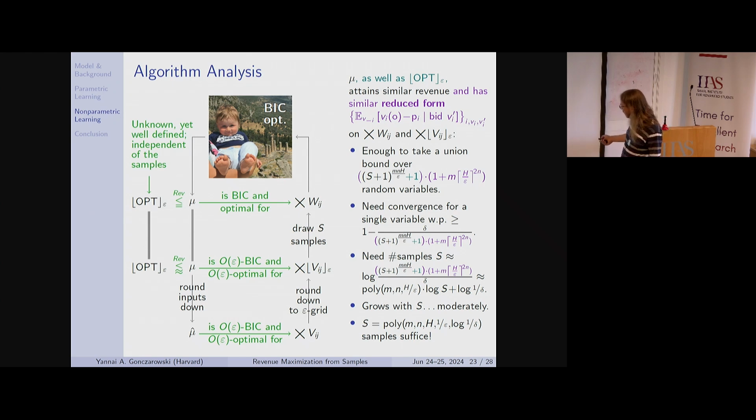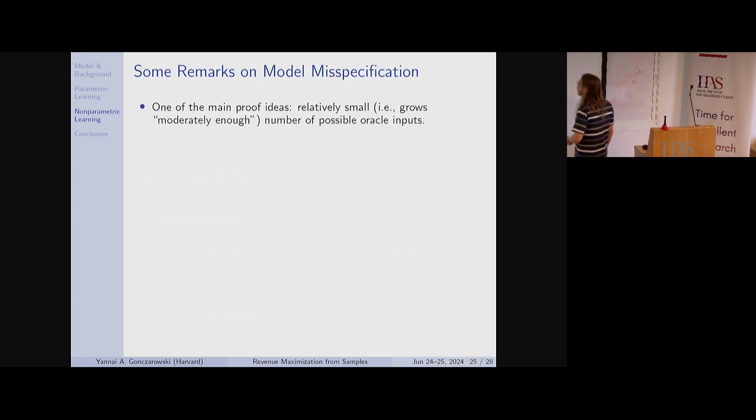I think the major difference between here and what I showed you previously, and really much of the other literature, is we don't limit the outcome. We somehow discretize the inputs in order to be able to count the outputs. And the second thing is that this hypothesis class grows as we take more and more samples, and luckily there was a sweet spot. So one of the proof ideas, as we said, was a relatively small number of possible oracle inputs. Those are the discretized distributions.